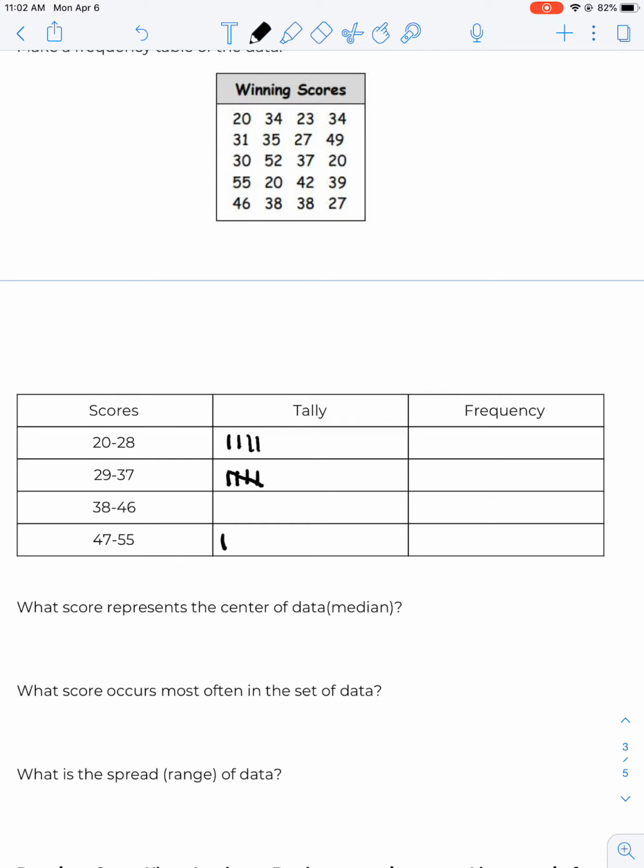So then 27, 49, 30, 52, 37, 20, 55, 20, 42, 39, 46, 38, 38, and 27. So here we have